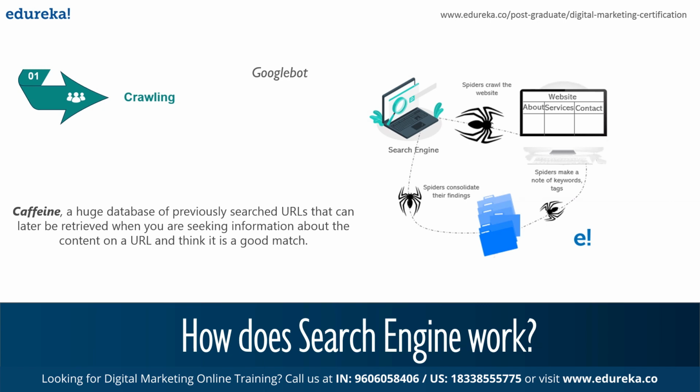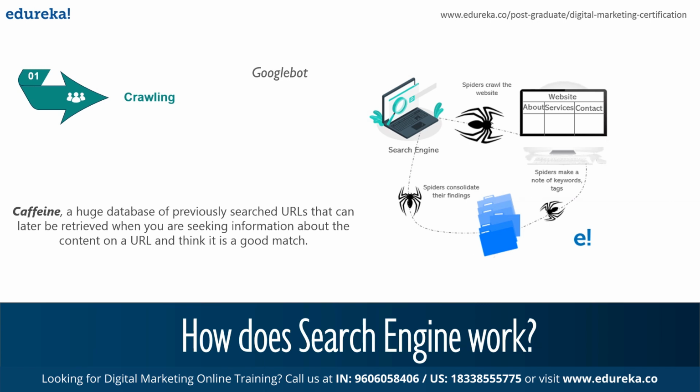To be honest, search engines work by crawling hundreds of billions of pages using their own web crawlers. So these web crawlers are commonly called search engine bots or spiders. A search engine navigates the web by downloading web pages and following links on these pages to discover new pages that have been made available. Crawling is a very easy process, guys. So this image here shows you how exactly this works.